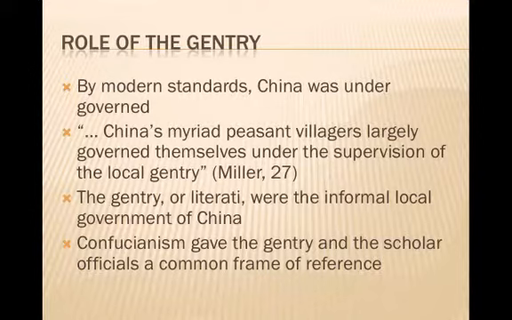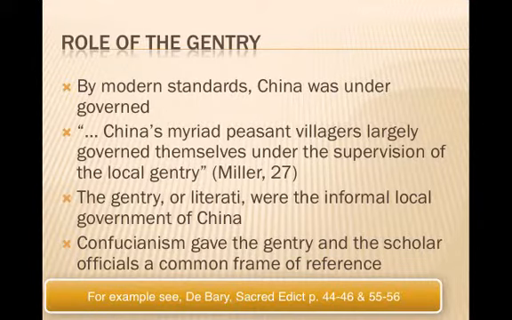It's also important in that this common heritage was the reason they spent so much time on moral improvement for themselves and the peasants. For example, the sacred edict that you read in Barry, and the sacred edict lecturing was a way for literate people to distribute these values very widely in a society that was mainly illiterate. The Sacred Edict and Confucianism also legitimated the rule of both the informal government of the gentry and the formal government by the scholar officials and the emperor.